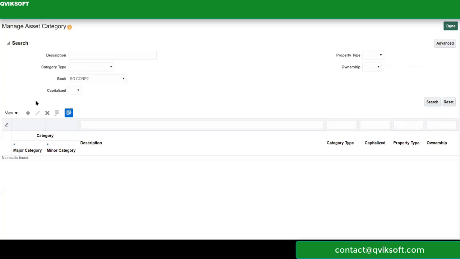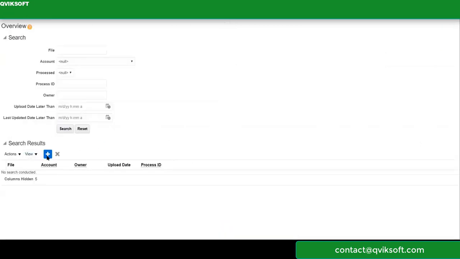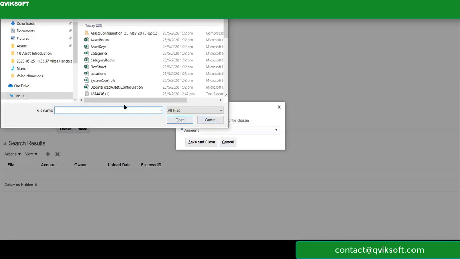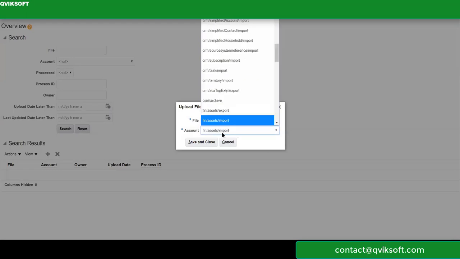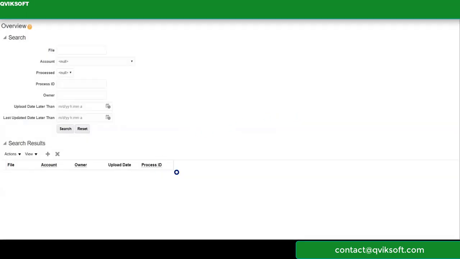I go to file, import, export. Choose the results. And okay, this is my file. Account, asset import, close. Okay, upload is successful. Show me the file here. Yep.